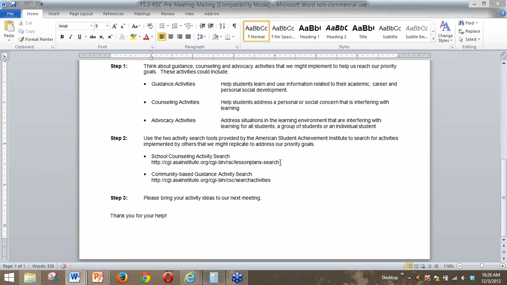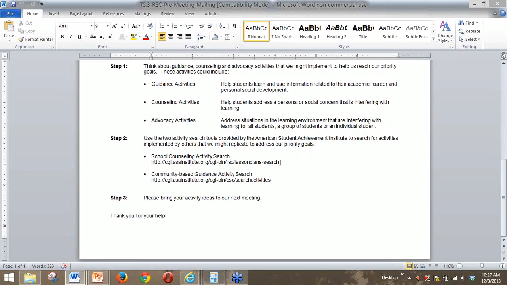The first link is to a database of school counseling activities that they could search, and the second link is a link to community activities that are implemented by community organizations, public library, youth service organizations, faith-based organizations, businesses. They're guidance activities that are community-based.